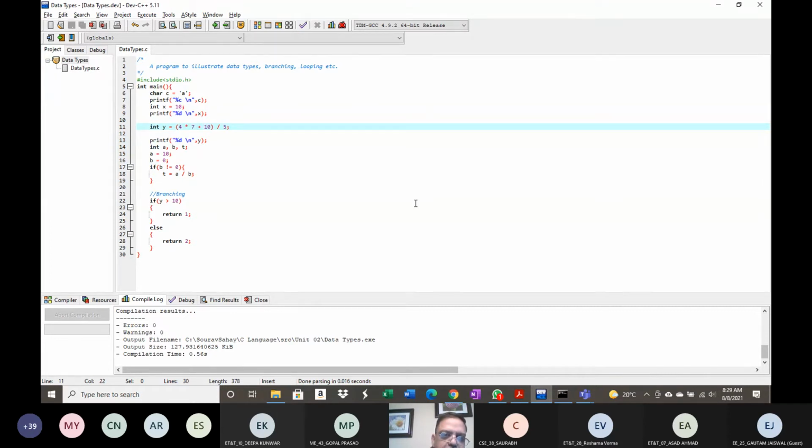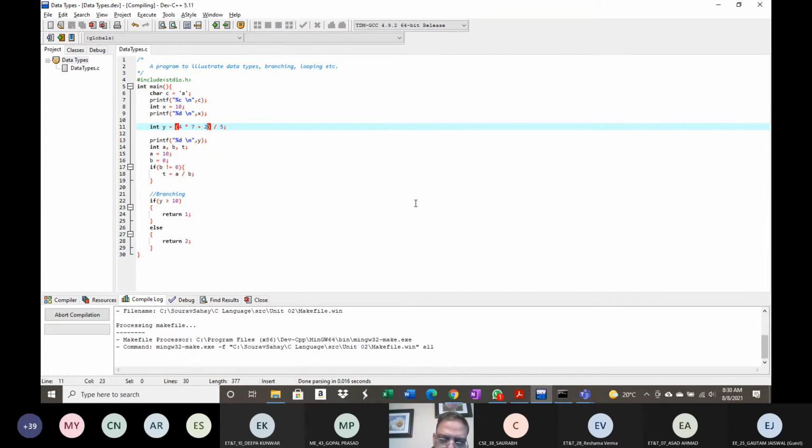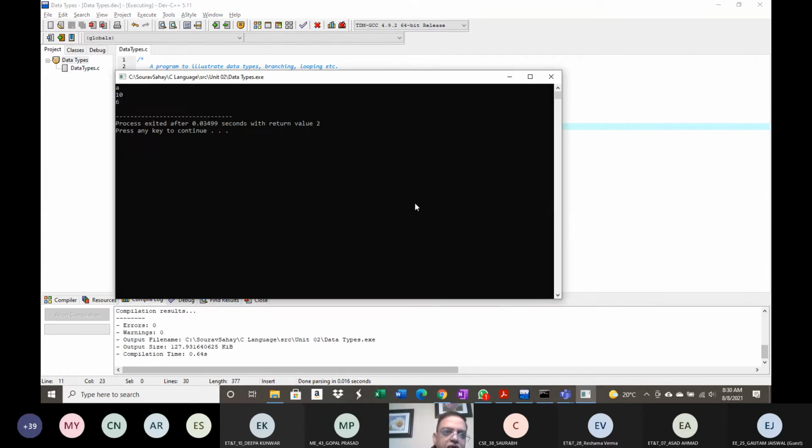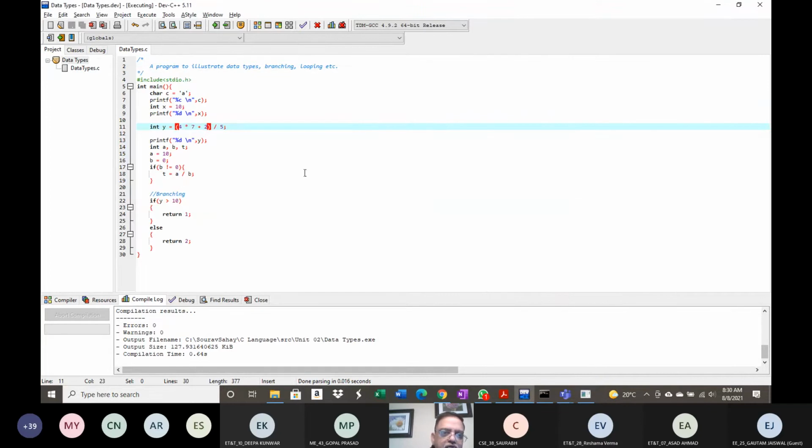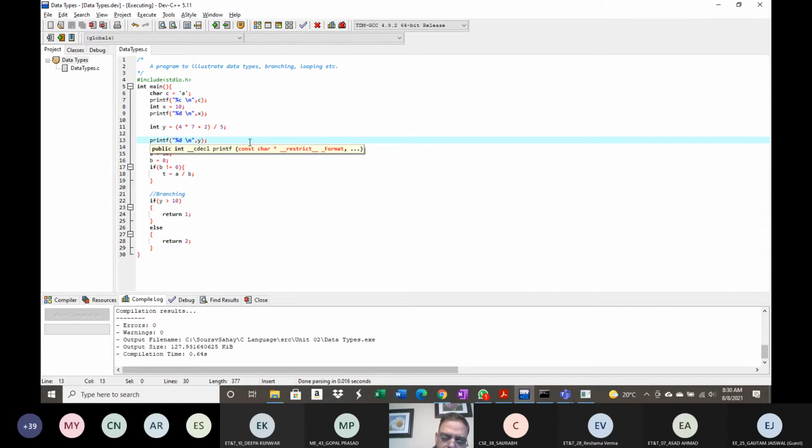Give me a second. Now, if I run this application, it gave me a value of 6. So the value of y is equal to 6. I'm going to even put that here.